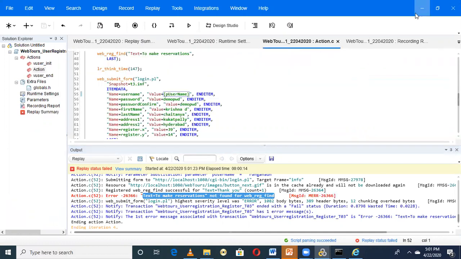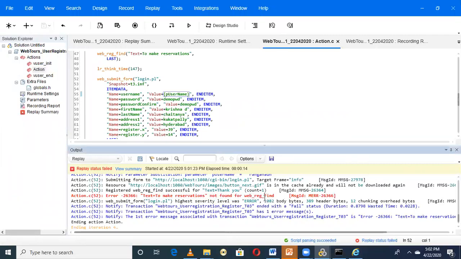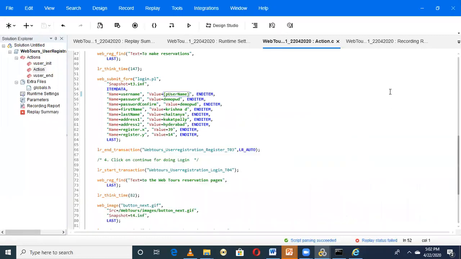Try to check whether these users have been created or not. If the users are not created, then there is a problem with the recording process.